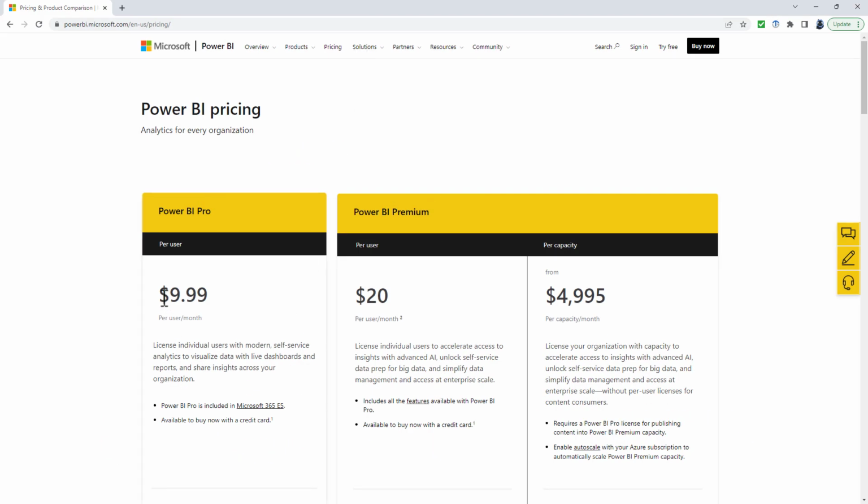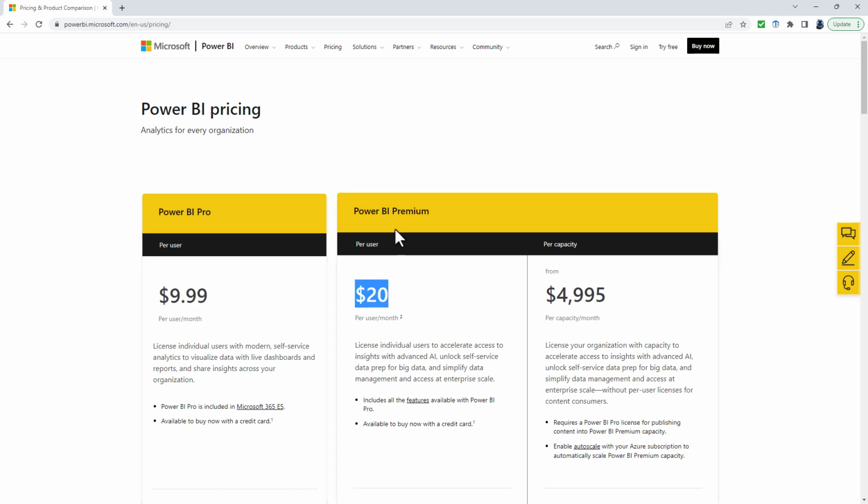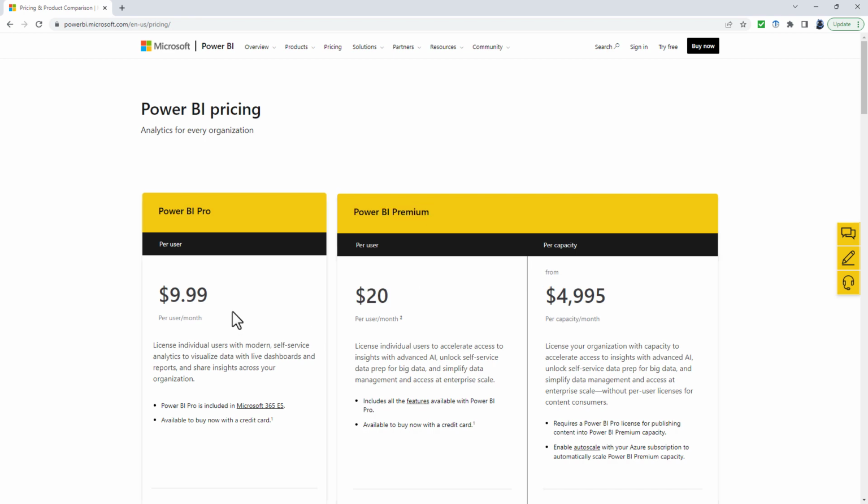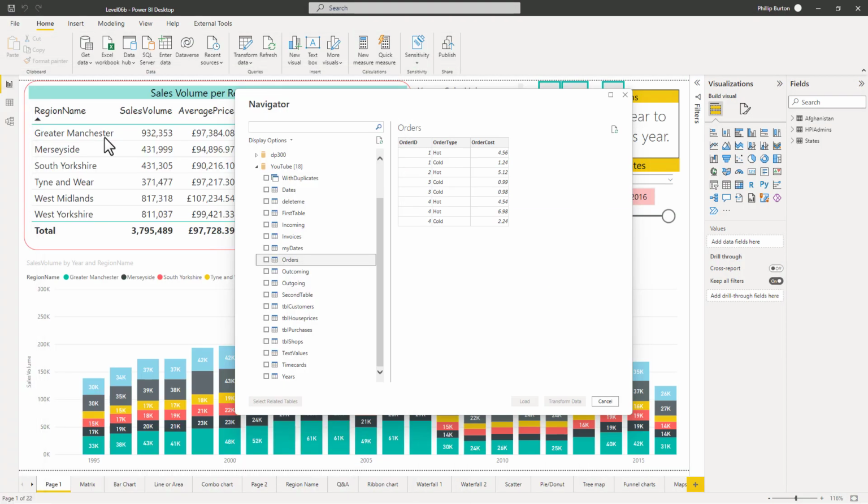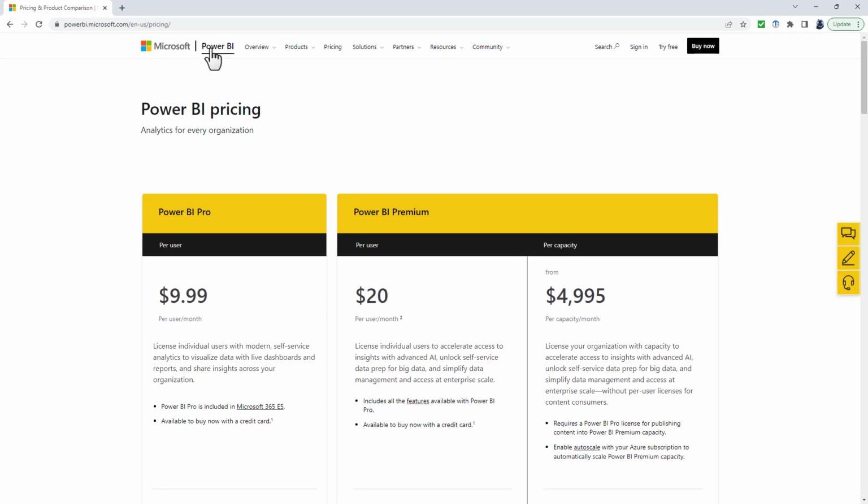But it's not that much. It's around $10 per user per month. So if I share it with you, both of us would need Pro licenses. There is additional licensing available if you want to go down the Premium route. But if all you want to do is create your visualizations, show them on screen, refresh them, then download the Power BI Desktop. And you do that by going to